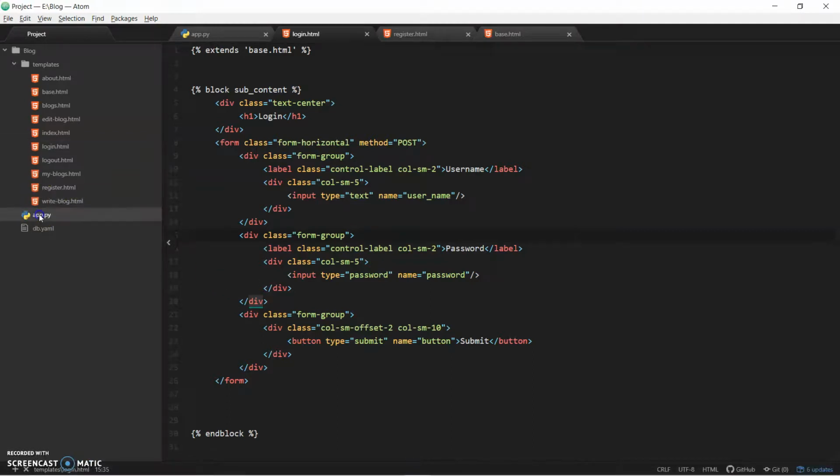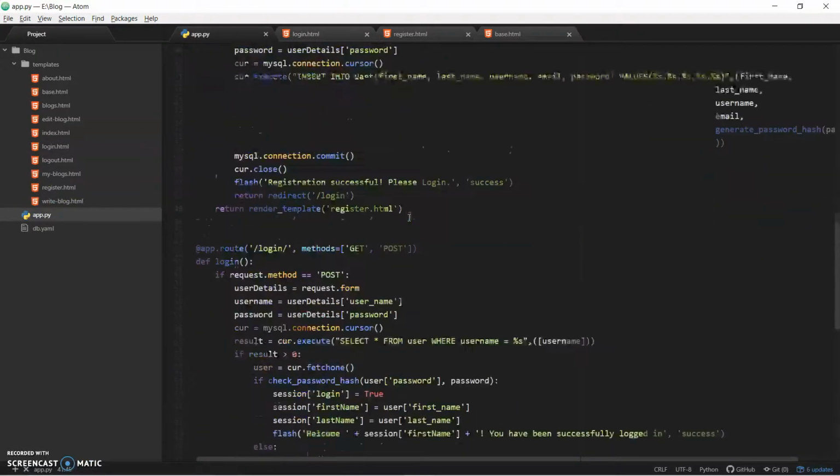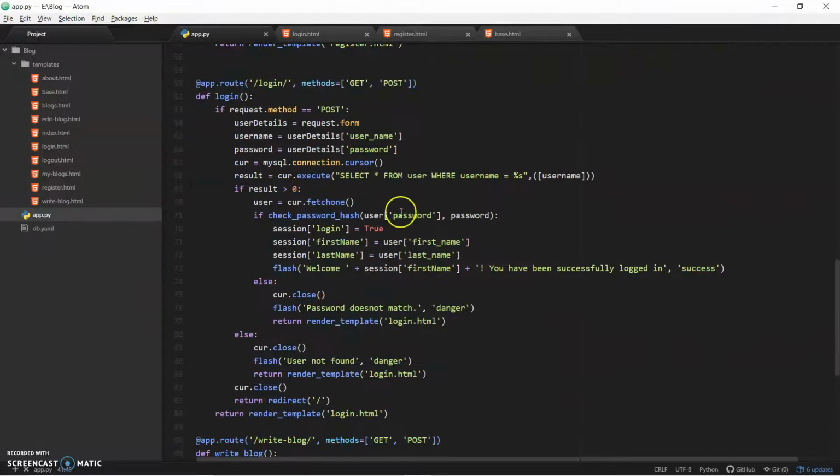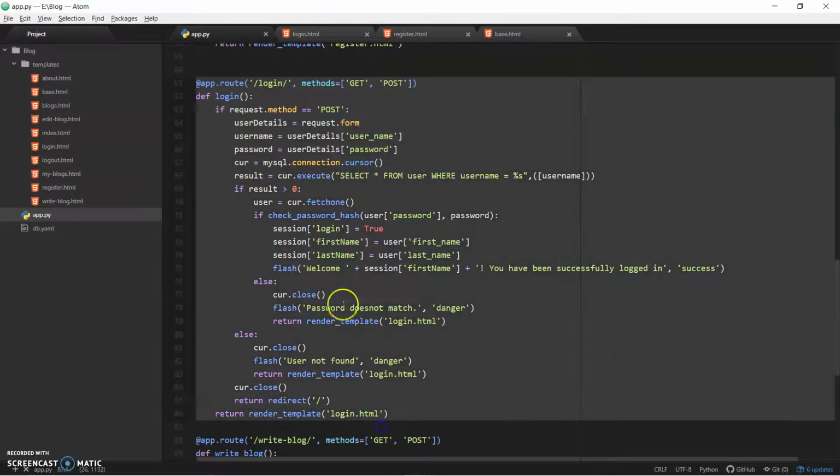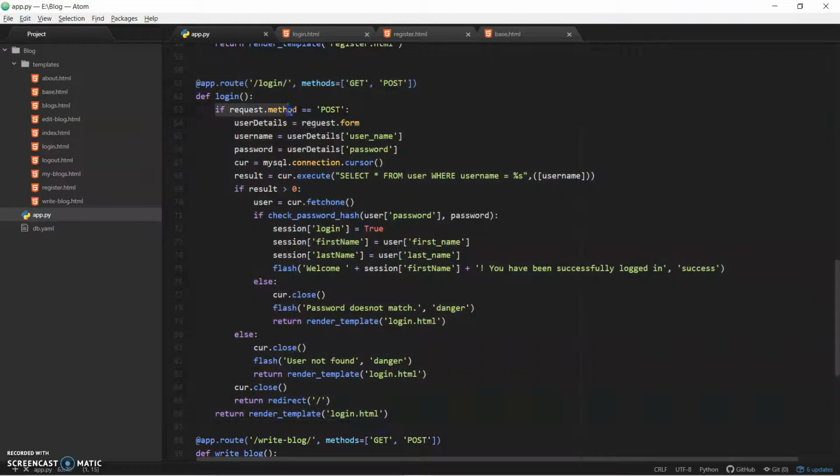So come back to the app.py. Now it's time to actually handle the login request. So come down here. If you actually see, we have done a bunch of stuff here. First we need to check whether it is a post request or not. If it's not post, we are just going to return the template, and if it is a post request, we are going to squeeze the details from the request using request.form, and we are going to grab the username and